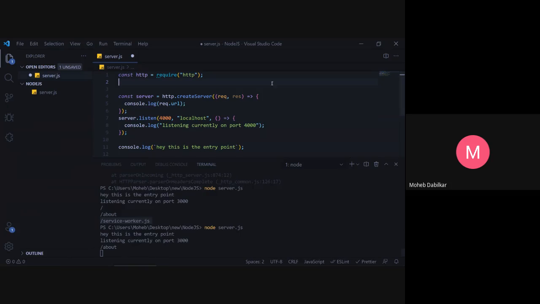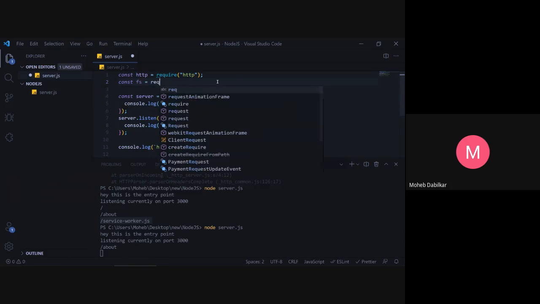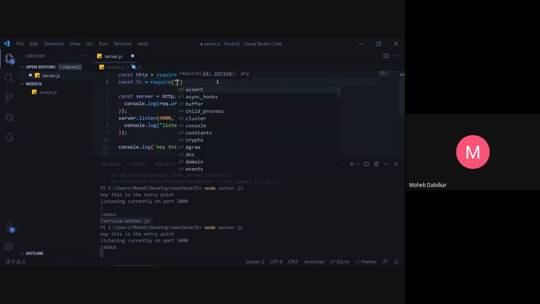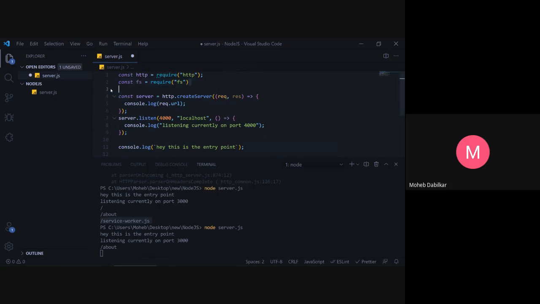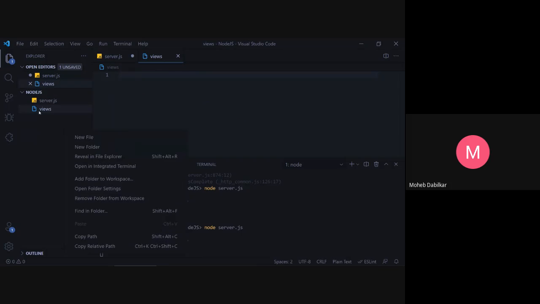So for that, we will be requiring the file system equals require fs. For now, we don't need to do this. For the file system, we will just create a new folder, views. Okay, no, this is not a folder. This is a file.